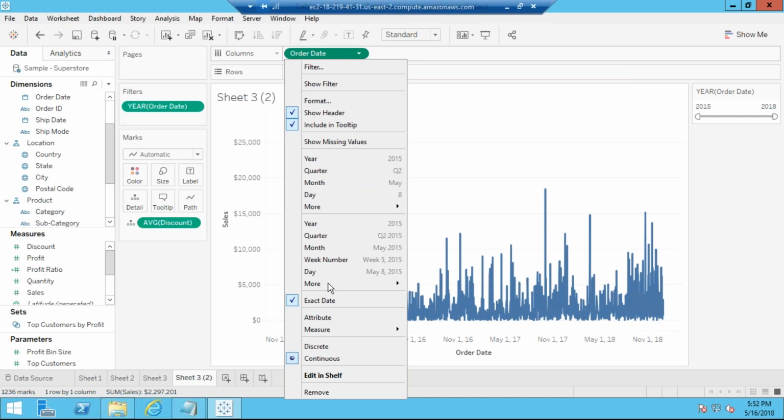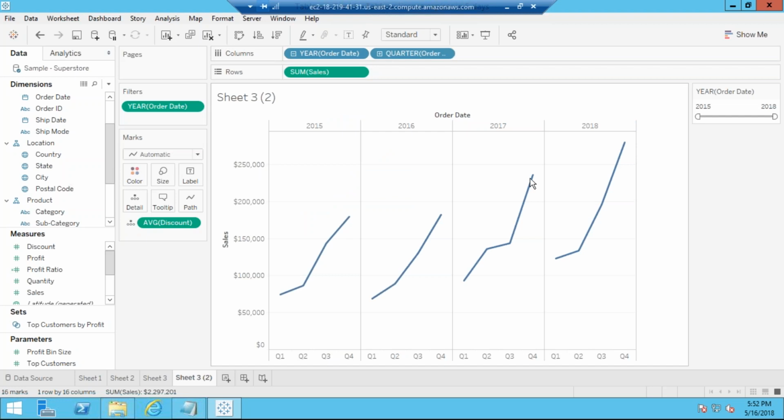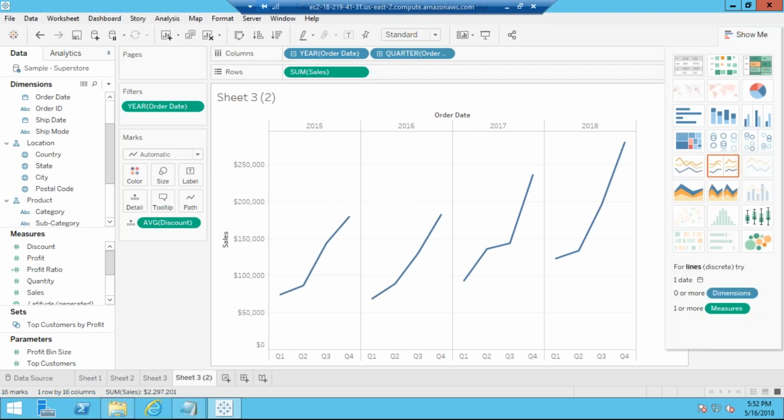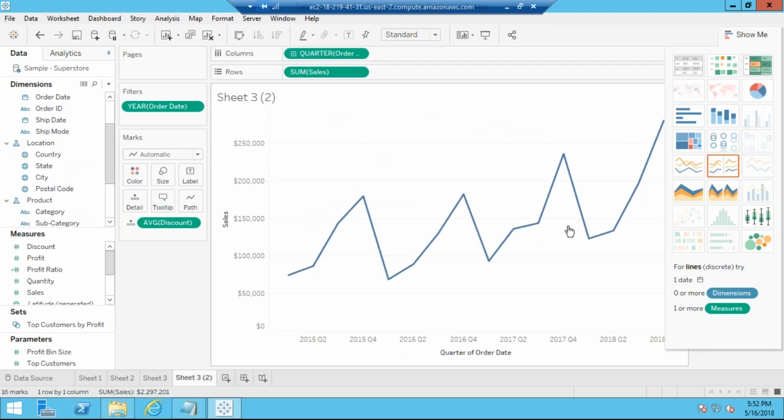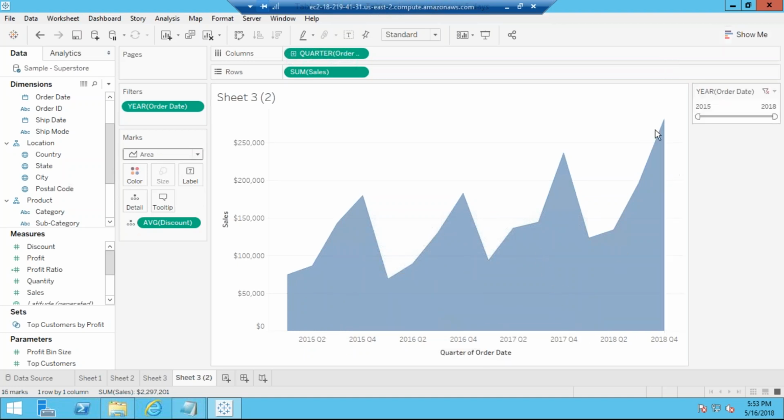So I can go back to the yearly view and all that. I can just say year view, or I can expand this year to quarter. Like this, it is looking good. This is all about a line chart. Here we are seeing a line chart. I want to see this view, so just click on that. Here you are in single view. You want to see an area chart? This is all about your area chart. Area chart means it's the same thing as a line chart, but the empty space beside it will be filled up. So Tableau is a visualization tool which provides you an area chart.